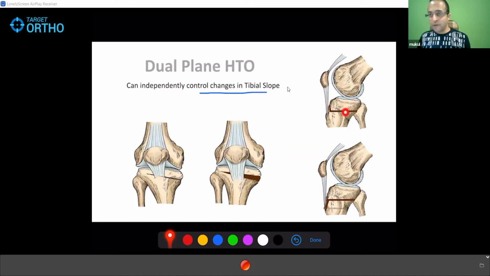So this osteotomy will give you that medial or lateral opening wedge. And this part will give you that change in the tibial slope. Okay, both modifications are there. The problem is that when you keep this with the distal fragment, sometimes people end up with knee pain. So this is the more preferred modification where you leave this tubercle with the proximal fragment only. Here incidence of knee pain is less. Okay, so these are the dual plane techniques.